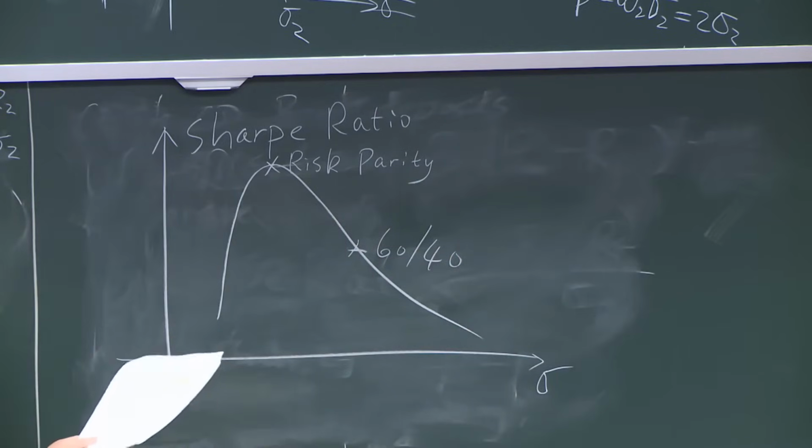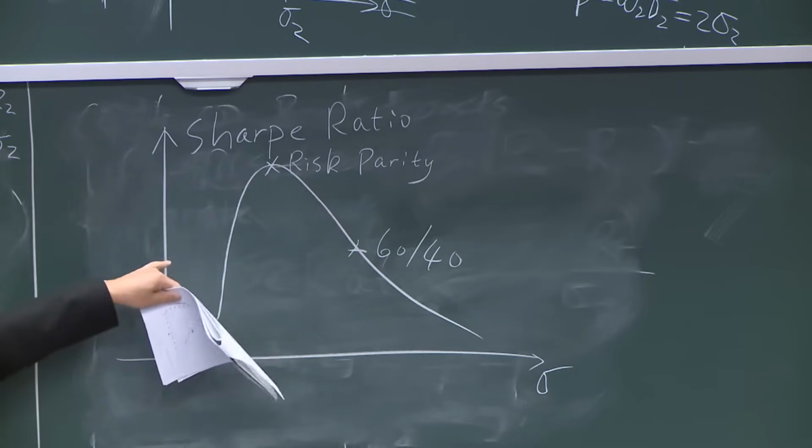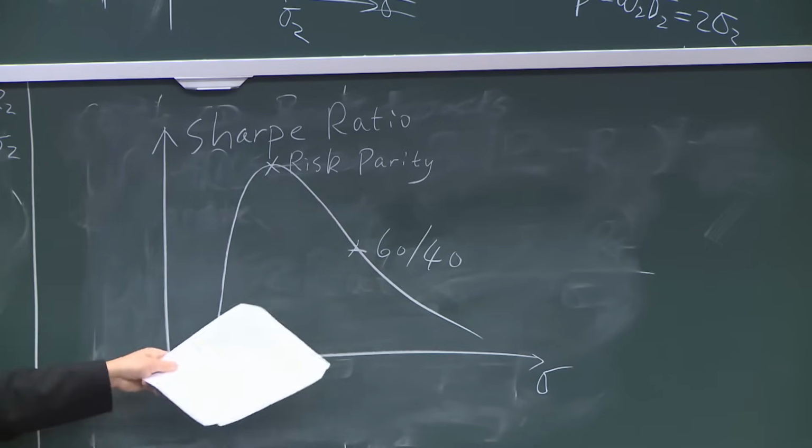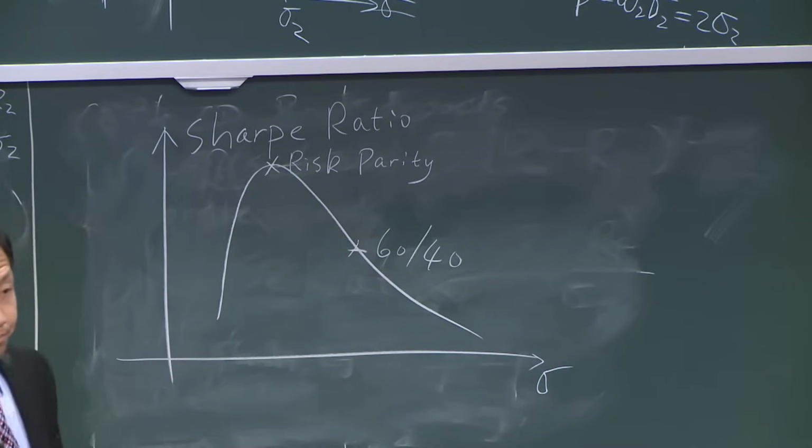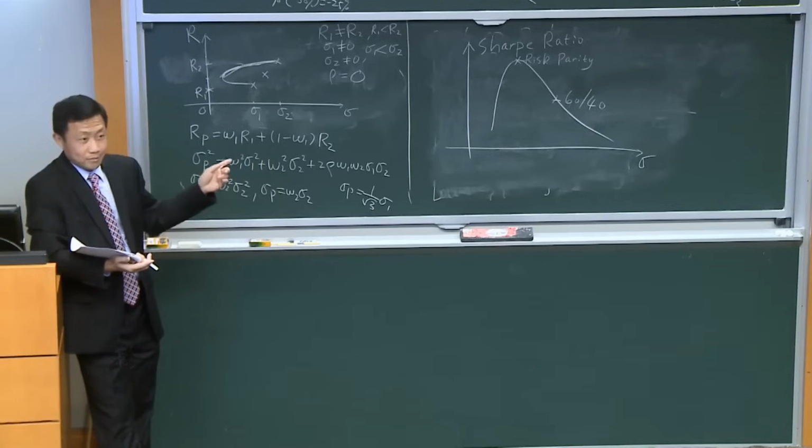So you essentially maximize the Sharpe ratio, or risk-adjusted return, by achieving the risk parity portfolio. So 60-40 is here. You actually maximize that, and does leverage matter? When you leverage up, the